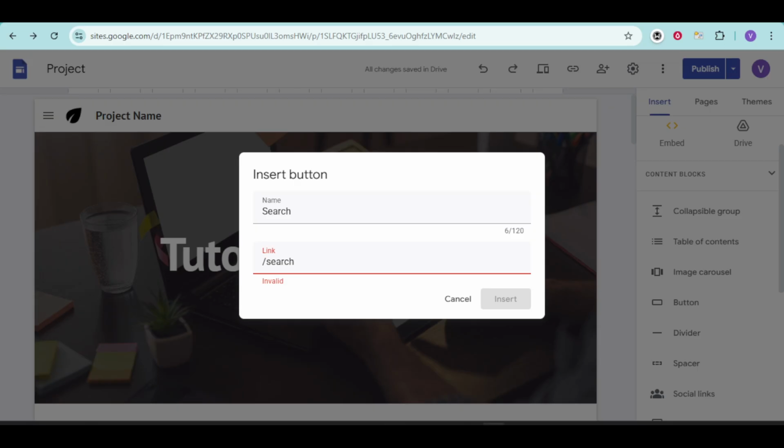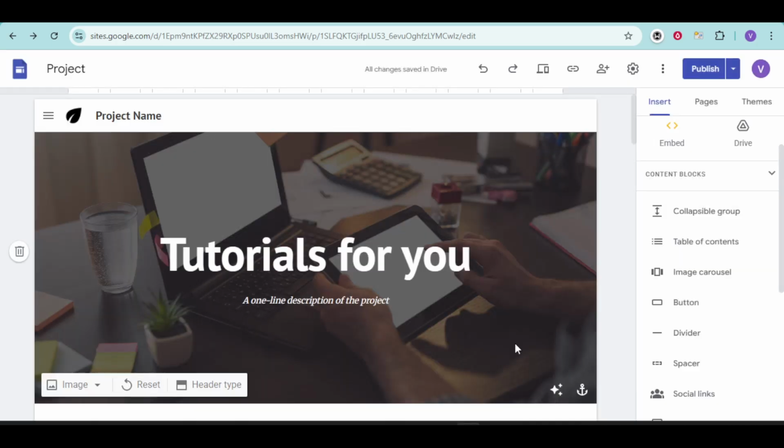Once the button is on the page and linked to search, here's what your visitors will experience. They'll click the button, land on the native search page, type a keyword, and see results drawn from the pages and files published on your Google site. This approach works whether you're using the default sites.google.com address or a custom domain, because /search is resolved relative